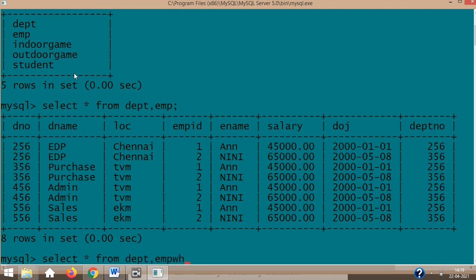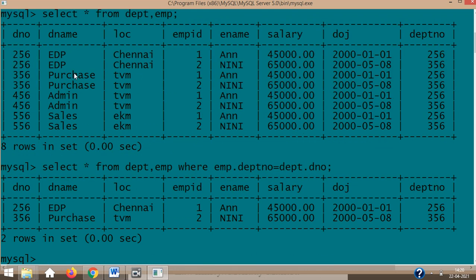Even with the condition of our equijoin, we have to make sure that we specify the DPTNO of EMP with respect to the DNO of DPT. That way you will get the corresponding values, isn't it? We have only two rows selected.